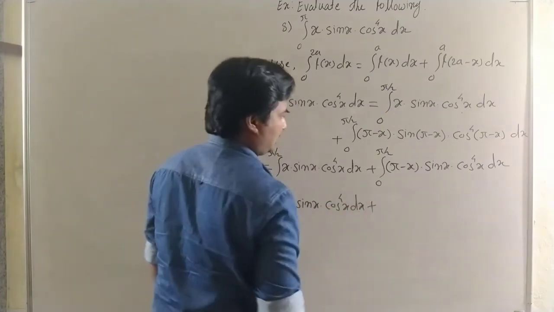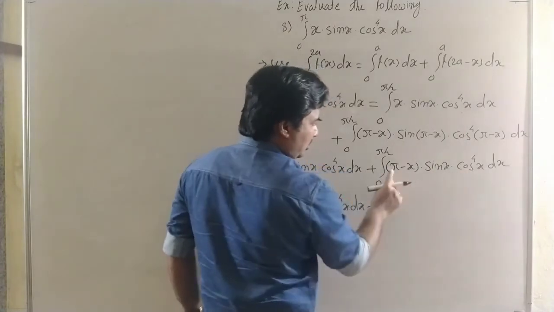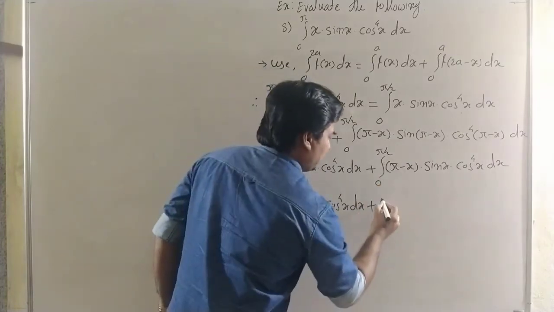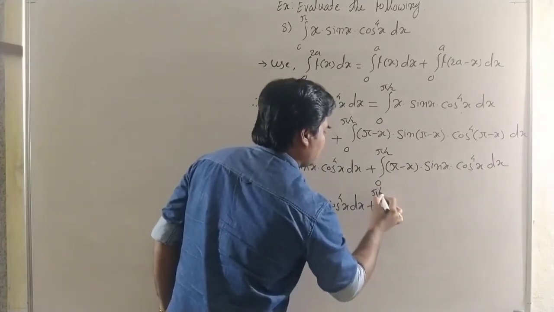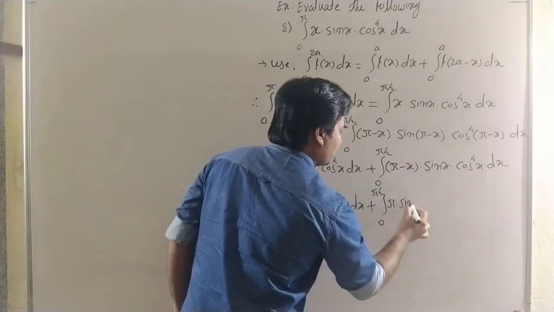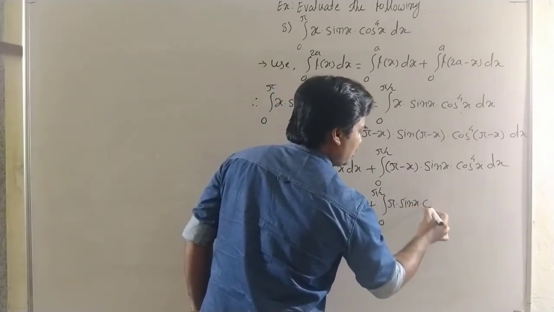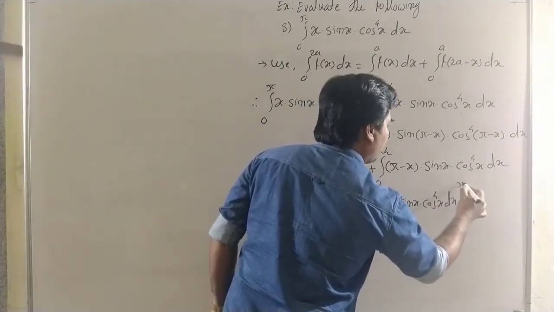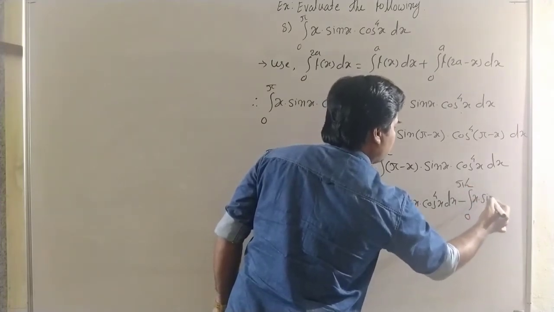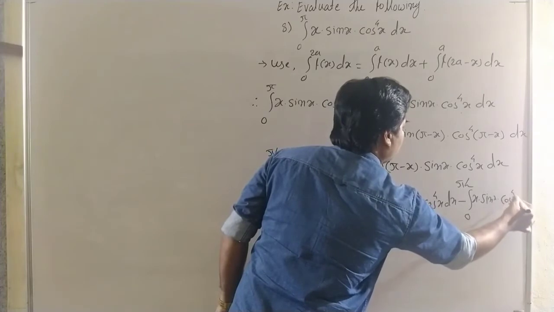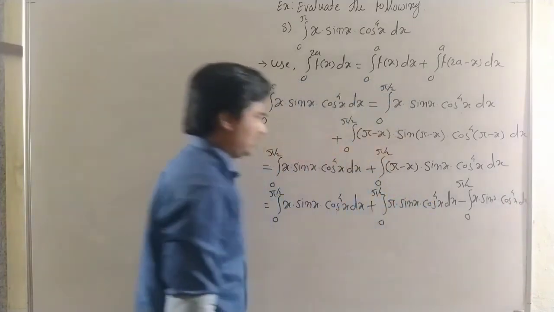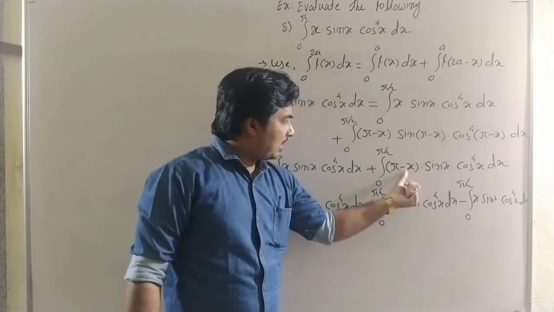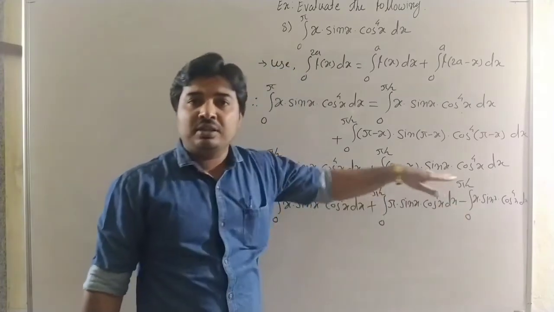Now here, see carefully, plus sin x into cos to the power 4x, and there are two terms, so multiply by pi and minus x and separate the integral. Therefore we get integral 0 to pi by 2 pi into sin x into cos to the power 4x dx, then minus integral 0 to pi by 2 x into sin x into cos to the power 4x dx. Okay, see carefully, these are the two terms. Pi multiplies with these two terms, and minus x multiplies with these two terms, and we separate the integrals.